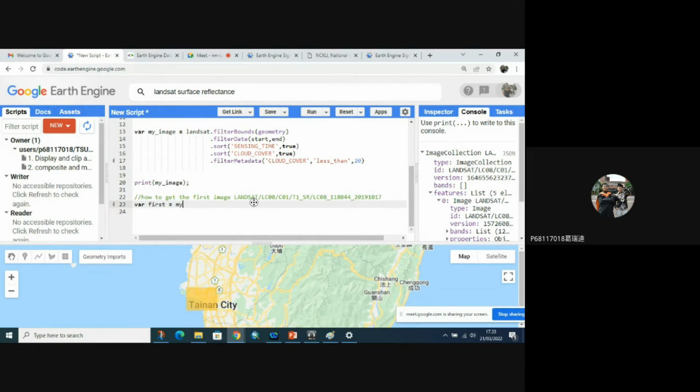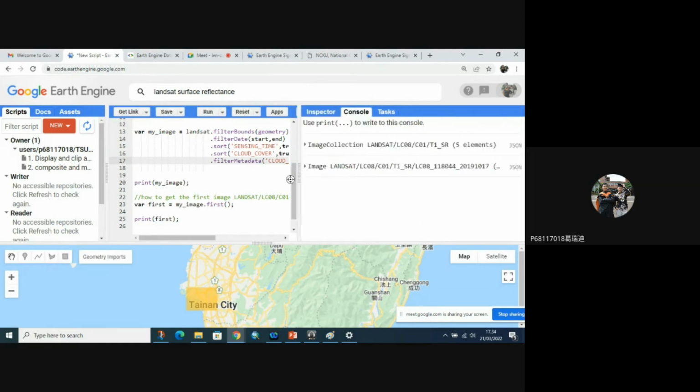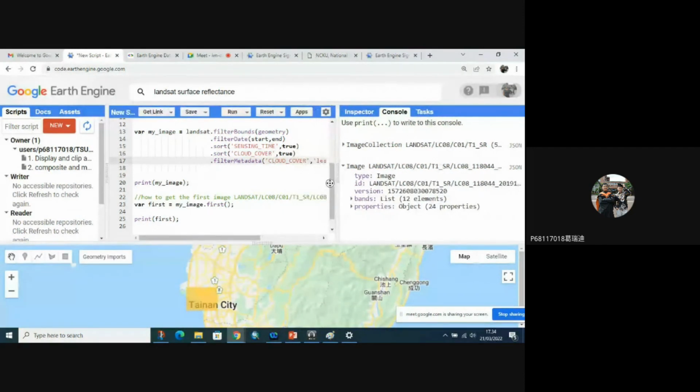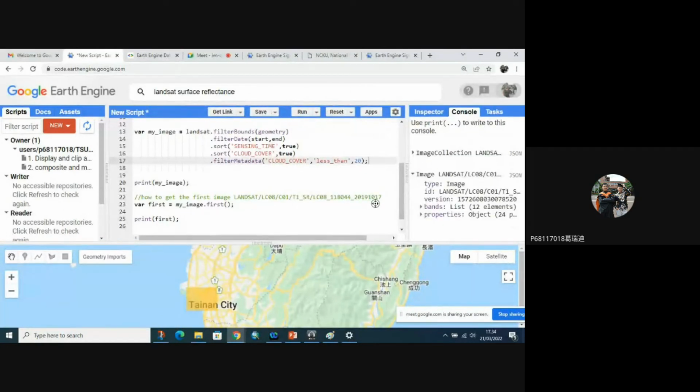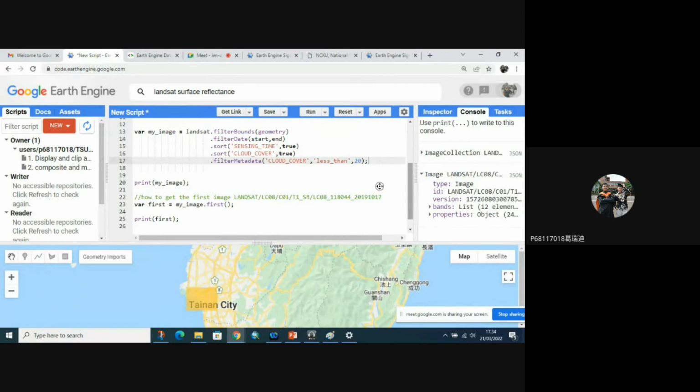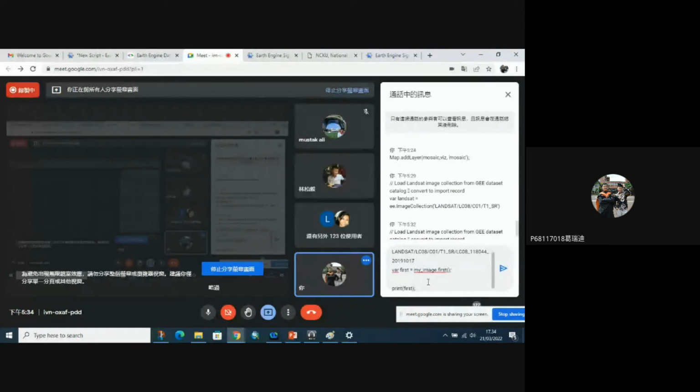For my image, we want to get the first image. First. Yeah, you will get the first image, 2019, the 17 October. So this is how to get the first image.